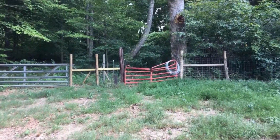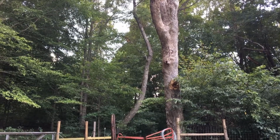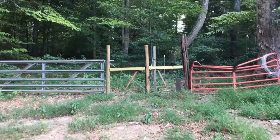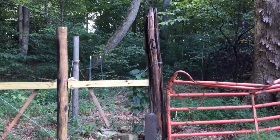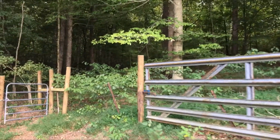This big tree right here decided to lose its tree branch and fell on that gate. So I had to replace all of this corner post right here. I have not put a gate latch on it yet. Still trying to decide what to do with that gate. But this gate,